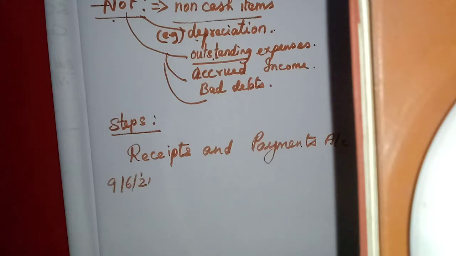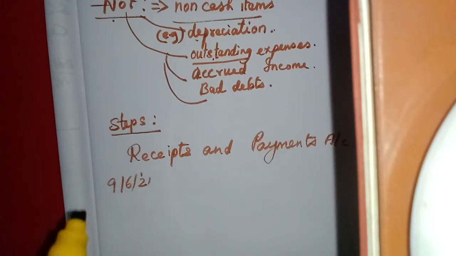Okay, welcome back to our lesson two, the accounts of not-for-profit organizations. In this lesson, we need to prepare three accounts. The first one is the receipts and payments account, the second one is the income and expenditure account, and the third one is the balance sheet, as usual in the trading concern. The receipts and payments account resembles the cash book.